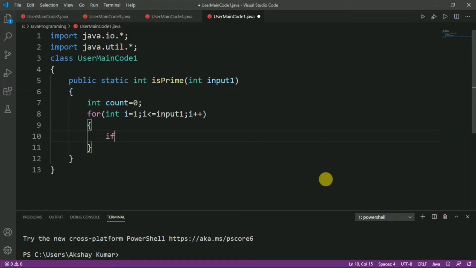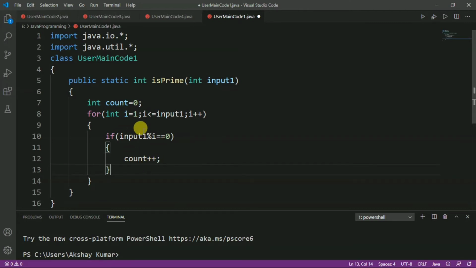Now we will take the condition: if input1 modulus i is equal to 0, then we will increment the count value. This is for the divisibility check. If input1 modulus i equals 0 means the given number is divisible by that i from 1 to that number.